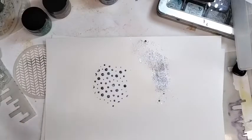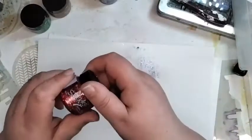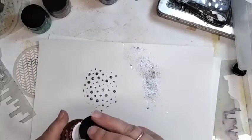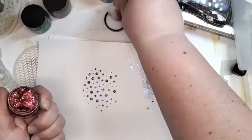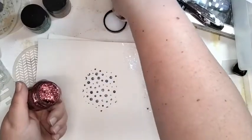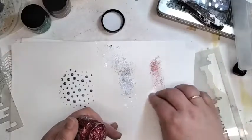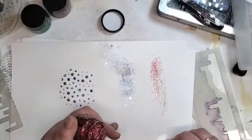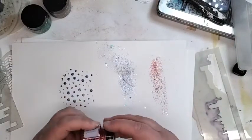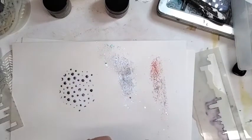Okay, so the Stickles Glitter Gel, absolutely beautiful. I mean, we can have another play with those if you like as well. These are the 3 newest colours, so that's, whoa, yeah. So that one's Aquarius. That one's Mars. I quite like that one because it's sort of like a red, but it's got goldy and like little blue flecks in it. So that one's very nice. And then we have